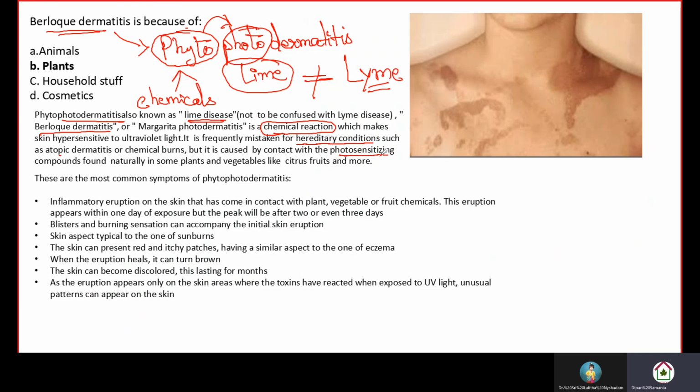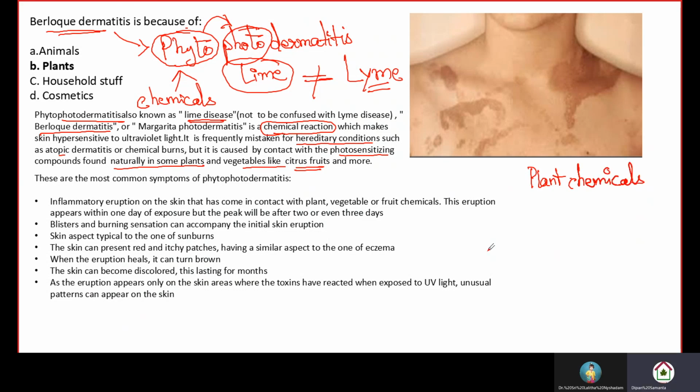That's why phytophoto. Frequently mistaken for hereditary conditions such as atopic dermatitis or chemical burns, but it is caused by contact with photosensitizing compounds found naturally in some plants and vegetables like citrus fruit, especially that we handle and use quite often in our daily lives. Basically these plant chemicals, or chemicals in citrus fruit,